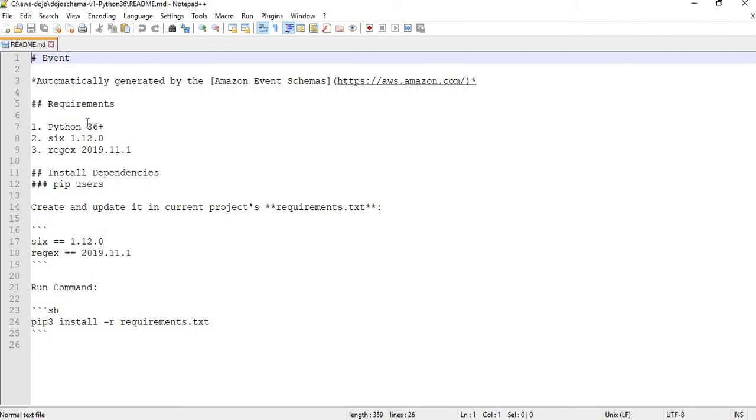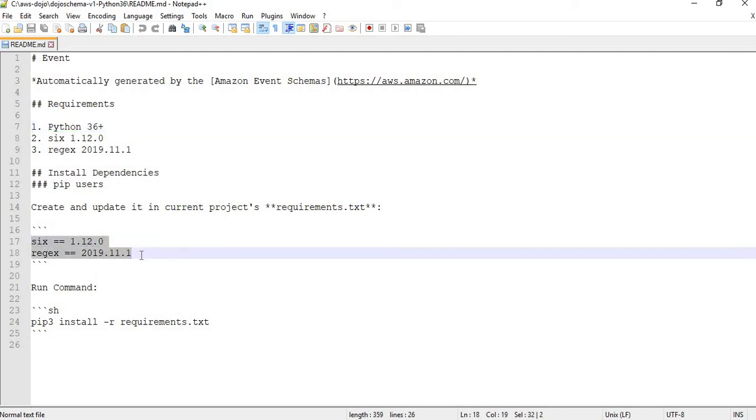And you can see over here that it says it needs Python 3.6 onwards, and it has a dependency on two packages, six and regex, and also provides you the version of those packages which need to be installed. So now you have two choices in order to install it. One is you can create a requirements.txt document like this, and then simply say pip install recursively my requirements.txt